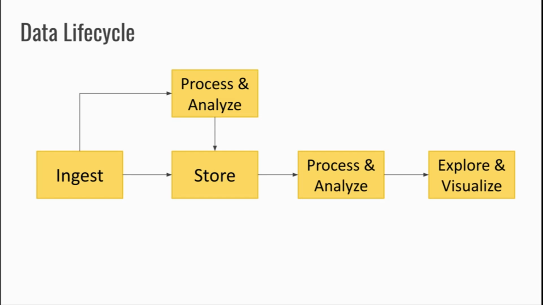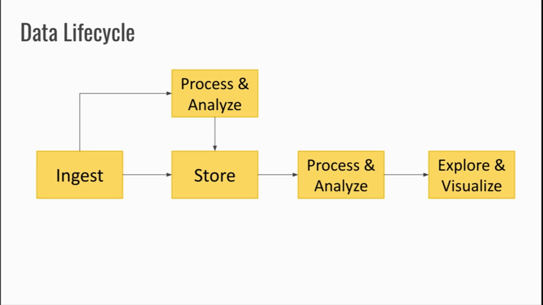And in those cases, what you might want to do is take the ingested data, first process and analyze it, and then store it. And when you store it, you store both the raw information that has come in and also additional information gained via processing and analyzing. So there are two ways to store the data. One is when real time you act on the data as soon as it happens and then store it, and when it's coming as a typical batch file, you just store it and then do the analysis part of it, right? So there are four components in a typical data lifecycle.